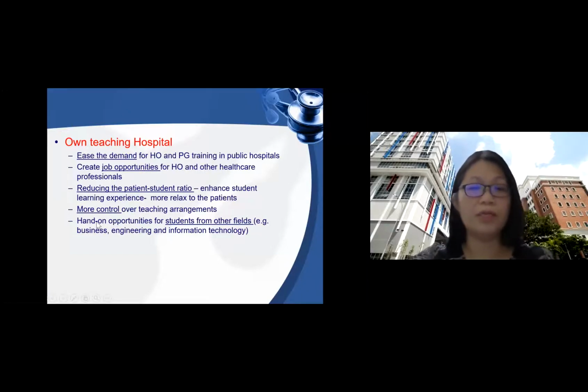if we have our own hospital, then we have more control over the teaching arrangement. We need not depend on the management of the other public hospital. And better hands-on opportunity, for students from different fields. If a particular university has different programs that are related to medical education, for example, business, engineering and information technology, these students can have a hands-on opportunity in the hospital to have a better understanding of what is required in the medical field, in terms of all these non-medical